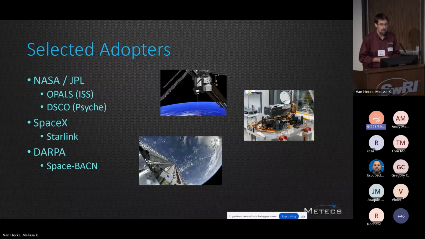SpaceX is a very heavy optical network, and I actually have a quick number: I think it's 9,000 data links. So they have 9,000 lasers in their constellation, and they transmit 42 million gigabytes per day across their inter-satellite laser links. What that allows them to do is preserve that RF spectrum for consumers and uplink. It also allows them to extend their network across areas where they may not have any land.